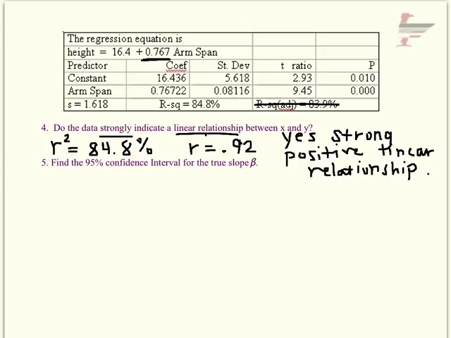And the 5th question finally says, find a 95% confidence interval for the true slope beta. So remind yourself that your confidence interval is your estimate, which for slope would be b, plus or minus your critical value times the standard deviation of your slope. Good news for us is we've got everything we need on the computer output here. So our slope is the